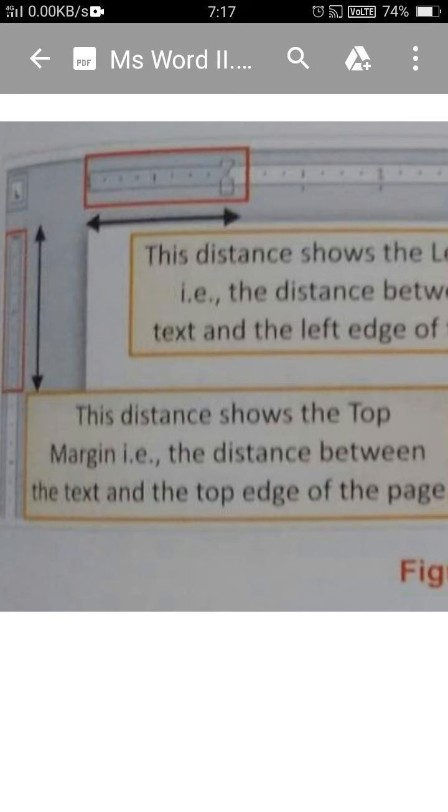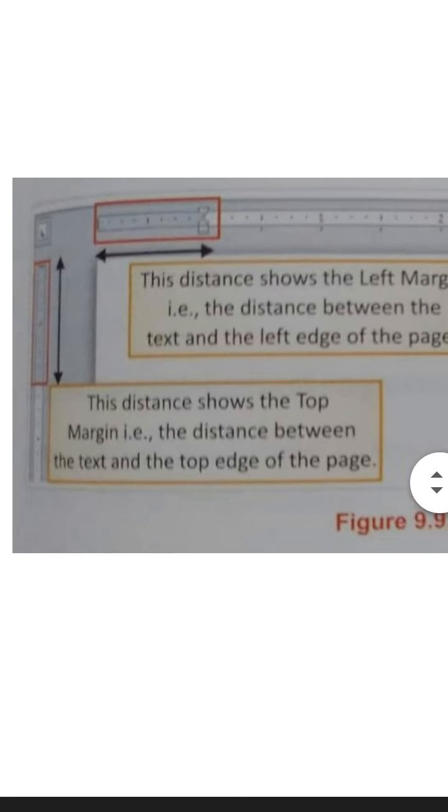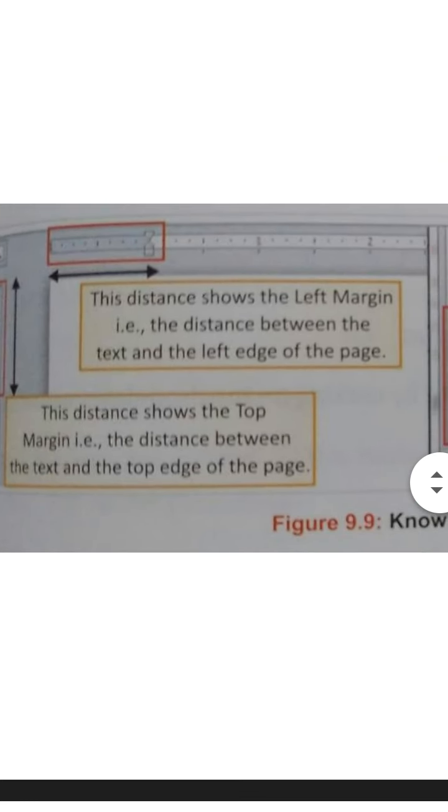And how is it possible to set it? You can see the main window of the MS Word is given, and in this window ruler lines are given. By using these ruler lines you can set the margin. For setting the left margin, you can see it is going to be set. This distance shows the left margin,